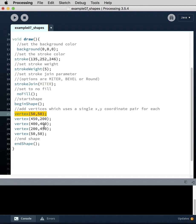Same thing, same thing. And then you'll see the last vertex is 50, 50, meaning it closes the shape. And then you declare end shape when you're done drawing the vertices. So if we play this,